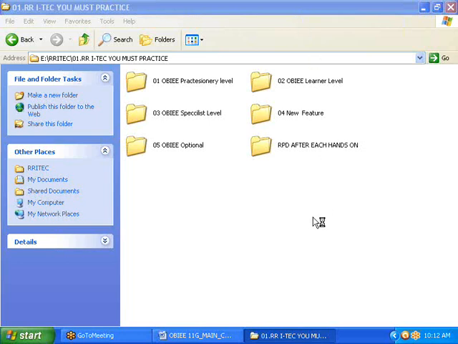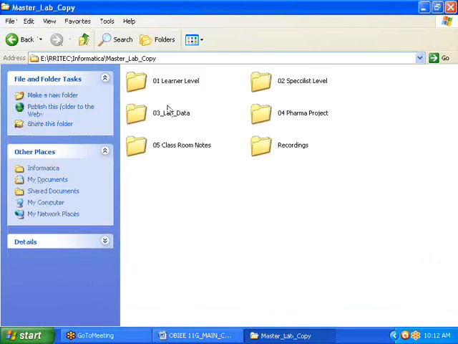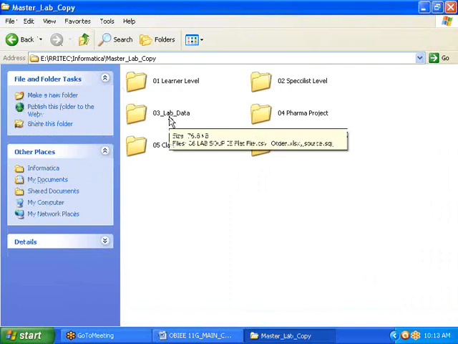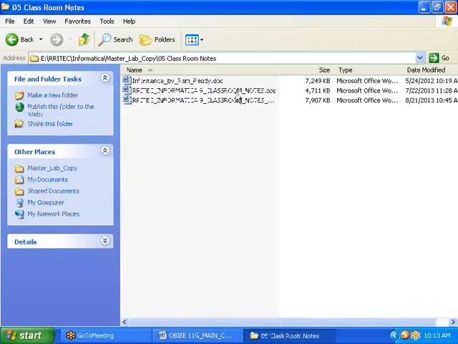Yesterday we had the chance to do a few things: how to create the source database, how to create the target database, how to import the source into Informatica, and how to import the target into Informatica. These are the two things you understood, two hands-ons. Now today we'll try to do some more things.